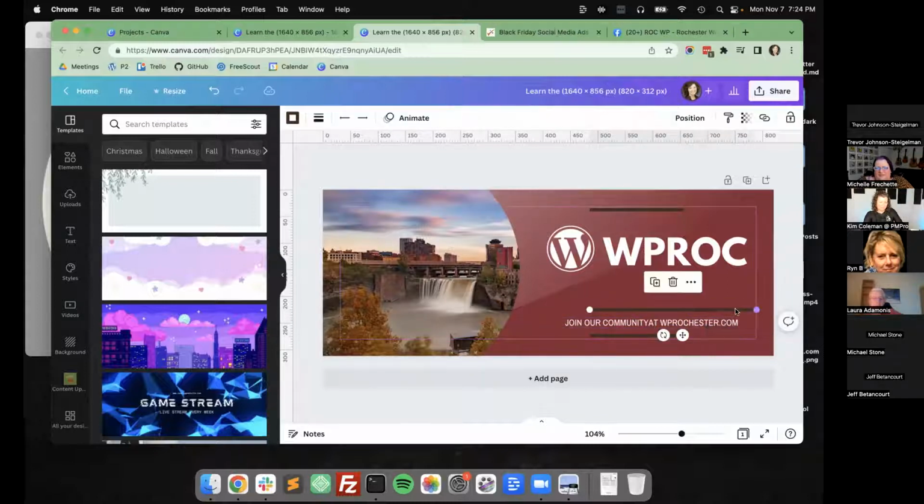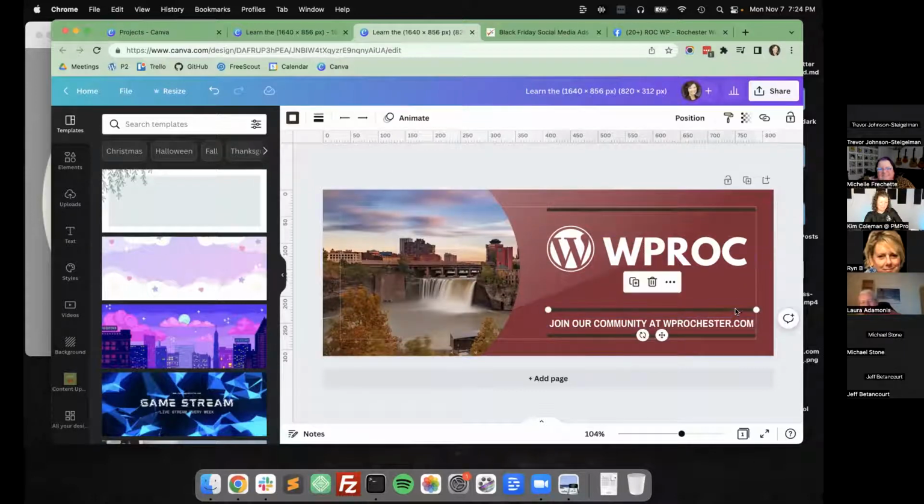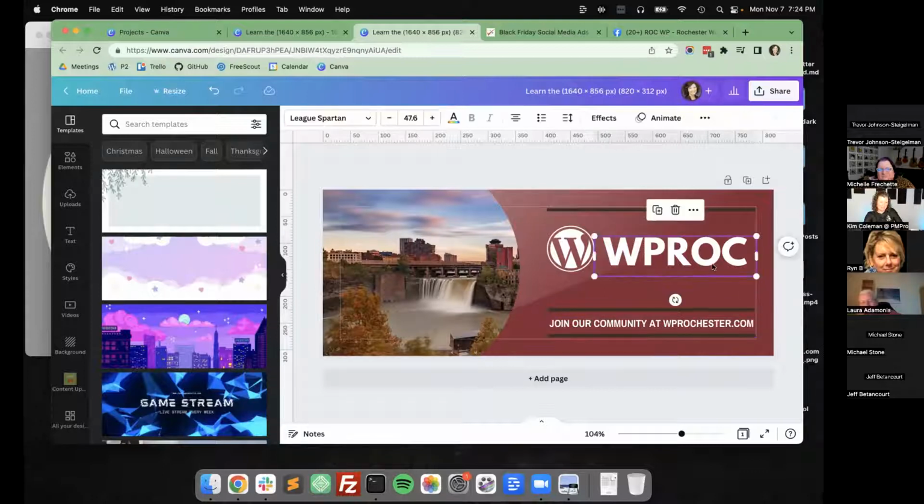Oh, that's starting to look a lot better. Kim, you need a space between the Y and the A for community. Yes, I do. Good eye. Those are the things you'll never see until someone says, excuse me, that is wrong. I'm going to maximize our... I kind of liked it on one line, but I don't know. I like that. And maybe we could do...